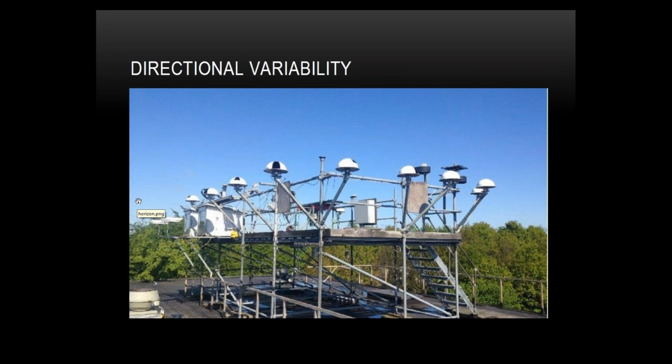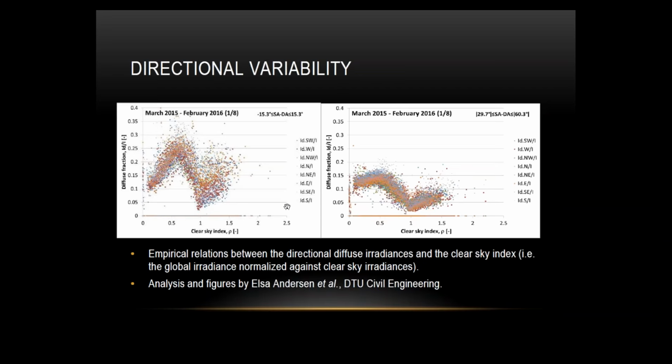North of Copenhagen at DTU, we've been looking into the directional variability of the solar resource as well. So we made a setup like this on a platform on the roof of the institute, where we have 16 parameters that are covered with domes, where each dome has an opening that's either 1/8 of the sky in an azimuthal direction or 1/16 of the upper sky. And using this and measuring with 1-minute time resolution, we can then also get an idea about the variability of the diffuse directional irradiances, because a lot of the diffuse irradiance is in a specific direction.